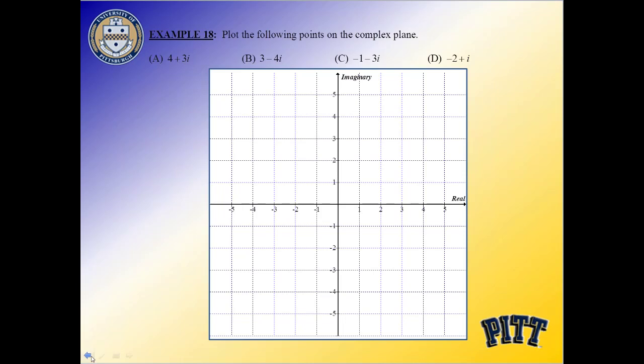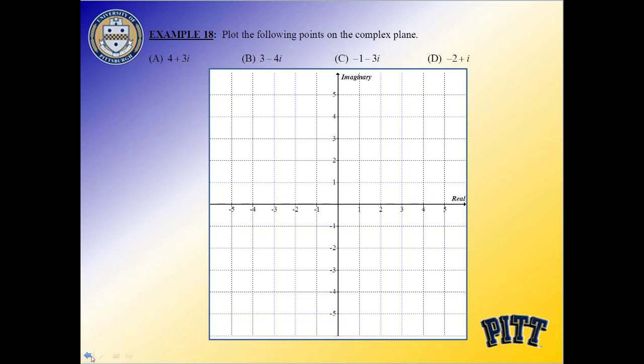Plotting complex numbers is not much different than plotting vectors or even regular coordinates. The other thing that's going to happen here, if I'm plotting a complex number, is that our x-axis becomes the real axis, and the y-coordinate becomes the imaginary axis. So any real portion is going to be marched off on the real number line, and anything in the imaginary or non-real portion of the complex number, I'm going to march off in the vertical direction because that's the imaginary